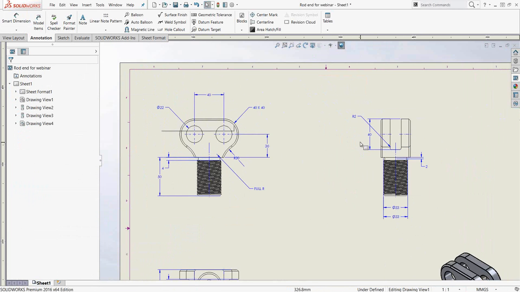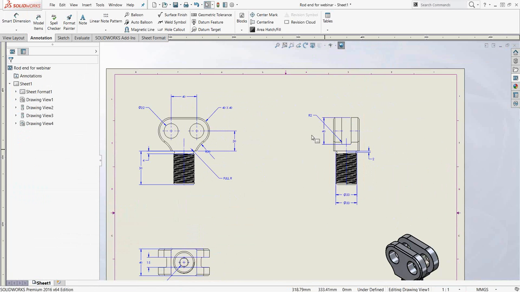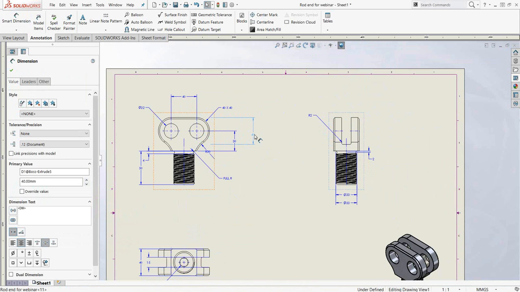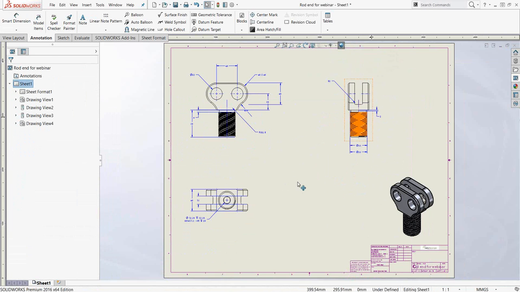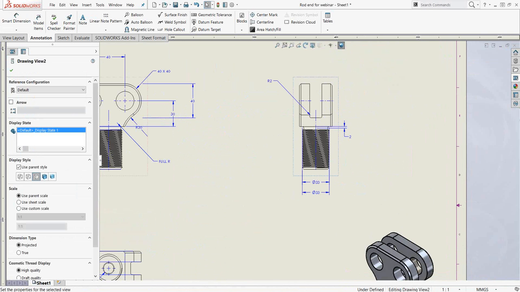So if you have a dimension that is on one view, but you want it on another view, if you hold down the shift key and just grab that dimension and drag it, you can move that dimension to the other view. So you don't actually have to go back into the smart dimension and redimension things. You can just drag and drop dimensions from view to view,